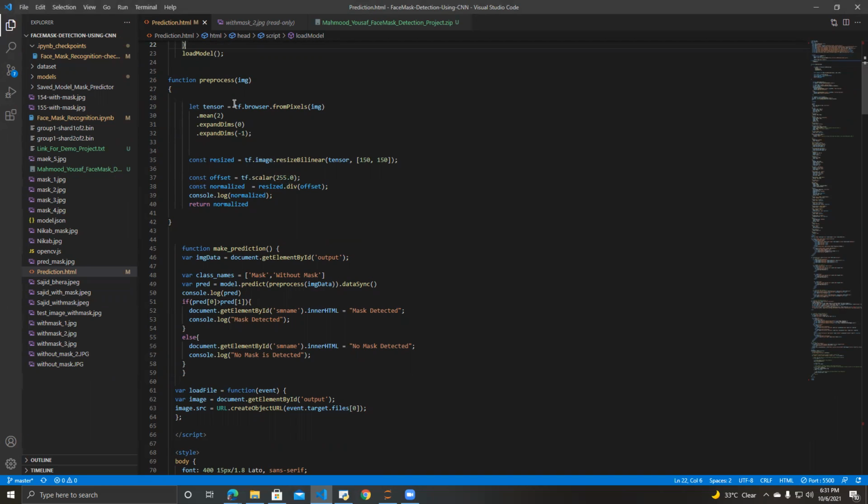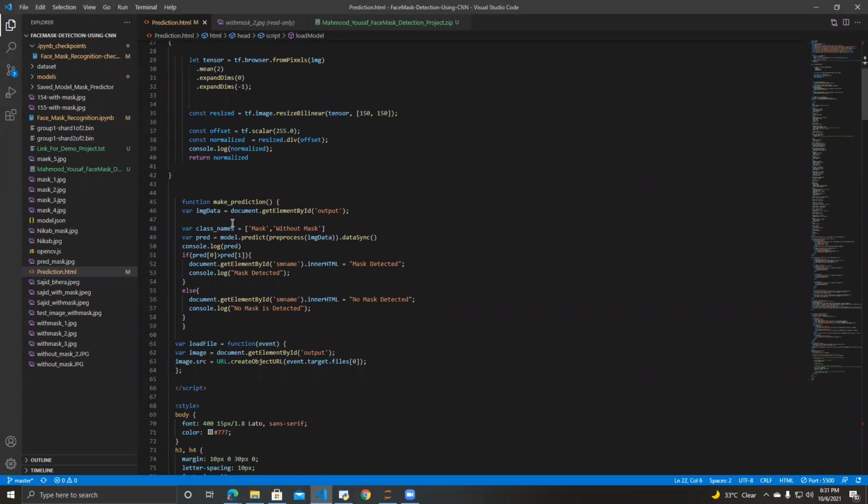We use different techniques for pre-processing: we get the pixels, then we get the mean, then we reshape it and divide it by 255. Then we return our normalized image, which is passed to our saved model.